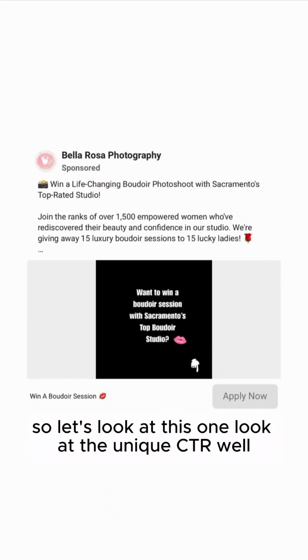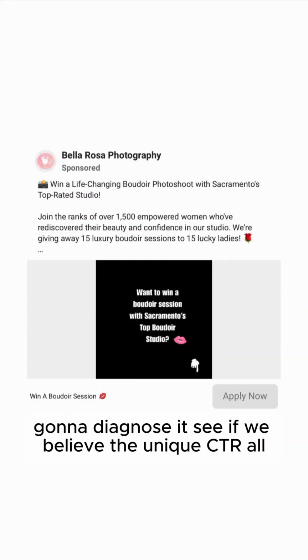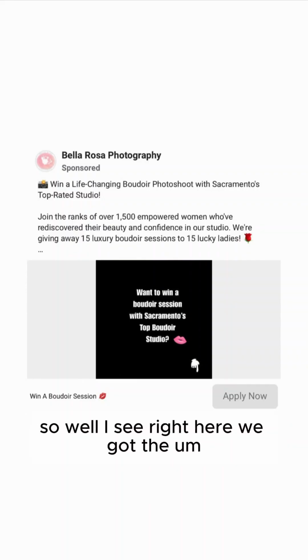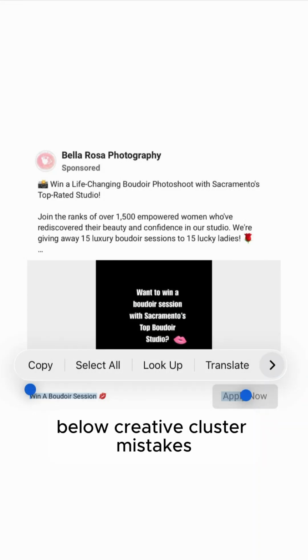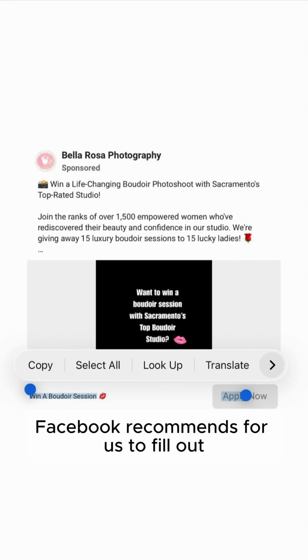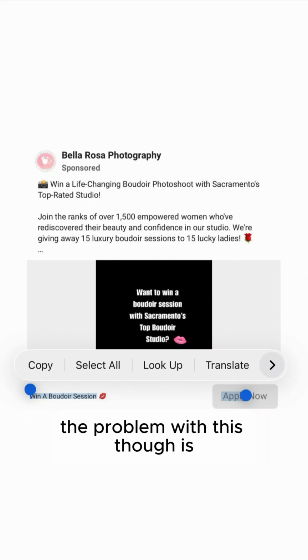So let's look at this one. Go look at the unique CTR. Well, we can diagnose it, see if we believe the unique CTR all is under 6% and they have BLCS or not. So, I see right here we got the below creative cluster mistakes. This is when we're filling out all the stuff Facebook recommends for us to fill out. The problem with this, though, is